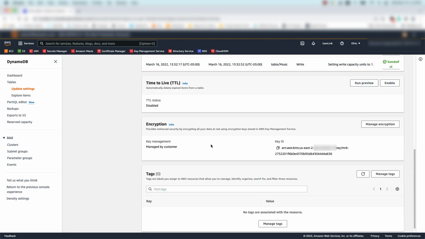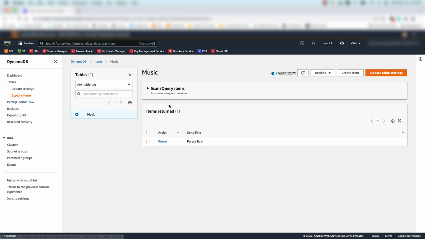When I view items in the table, I can see DynamoDB is transparently decrypting the table, and I can view the only item in the table, the song Purple Rain by Prince.